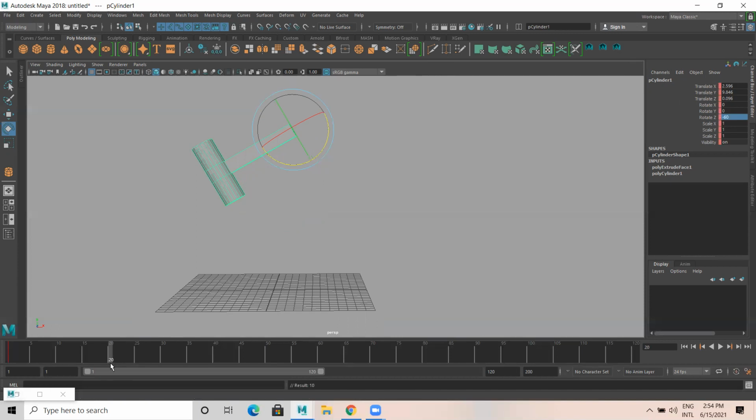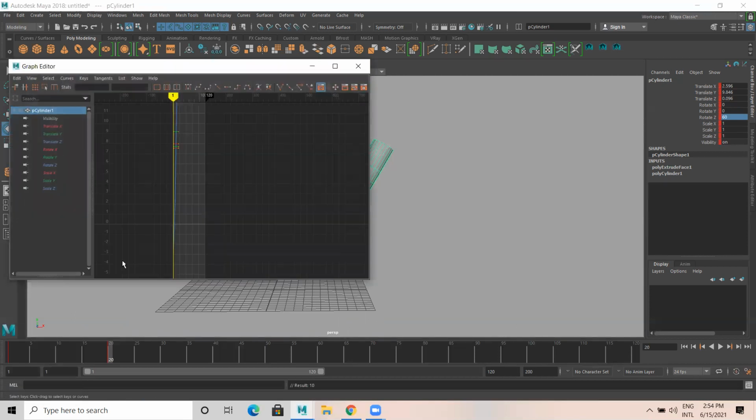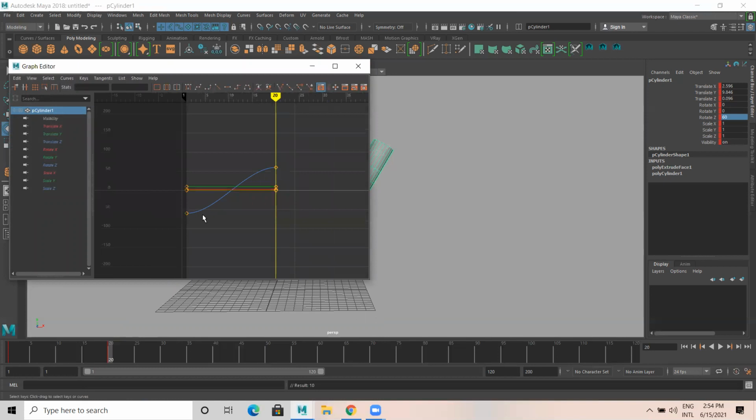In frame 20, I'll come and make this into plus 60. Okay. So I'll just open graph. So this is what we have done.